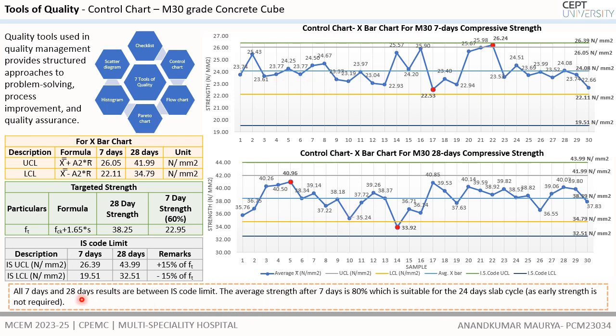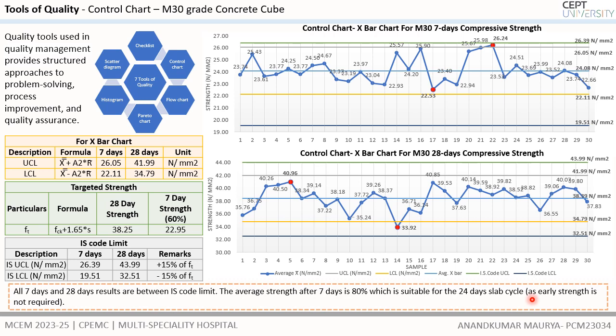Here we can also infer that our 7 days cube results are coming within 18% of the range, which is suitable for the 28 days slab cycle, as deshuttering can be allowed within 10 to 12 days of